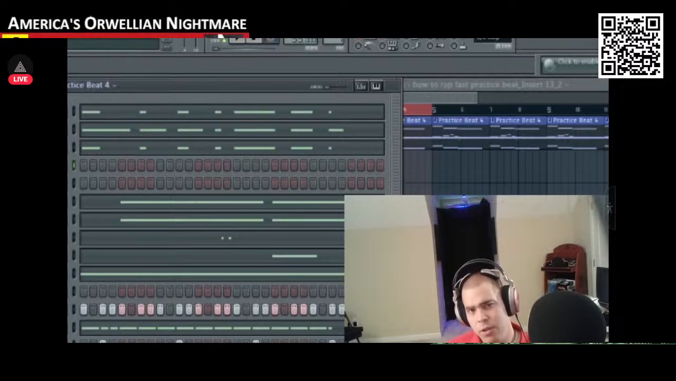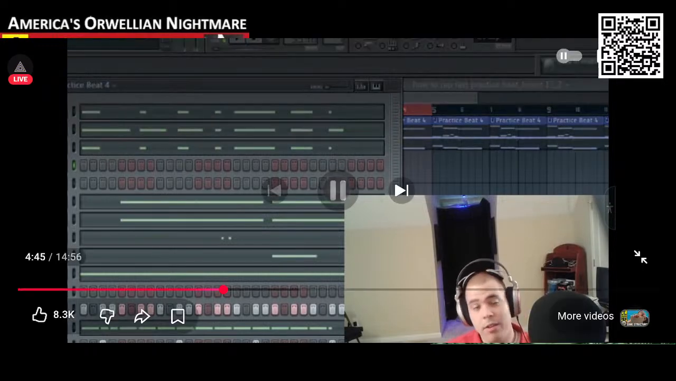Try moving a body part to the 4 count, such as bobbing your head like 1, 2, 3, 4. You could try tapping your foot to the 4 count. You could try maybe slapping your hand against